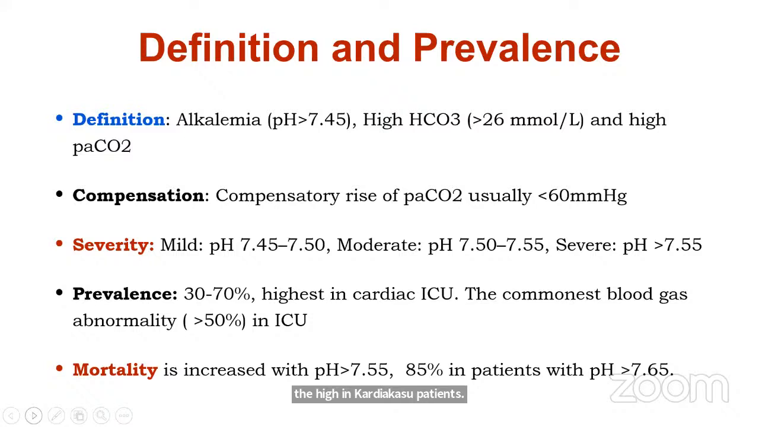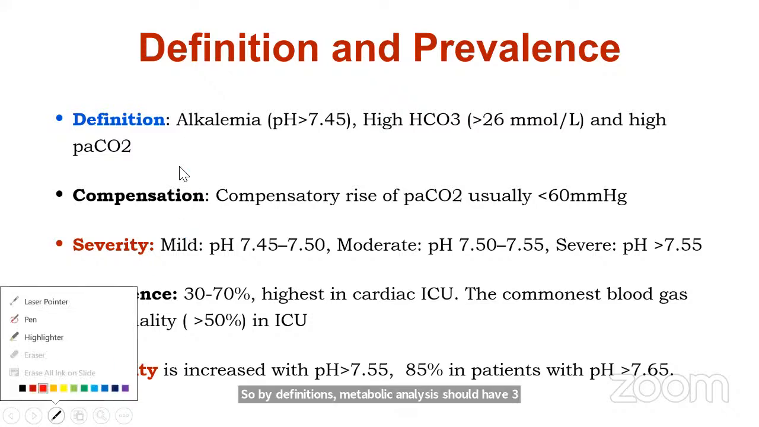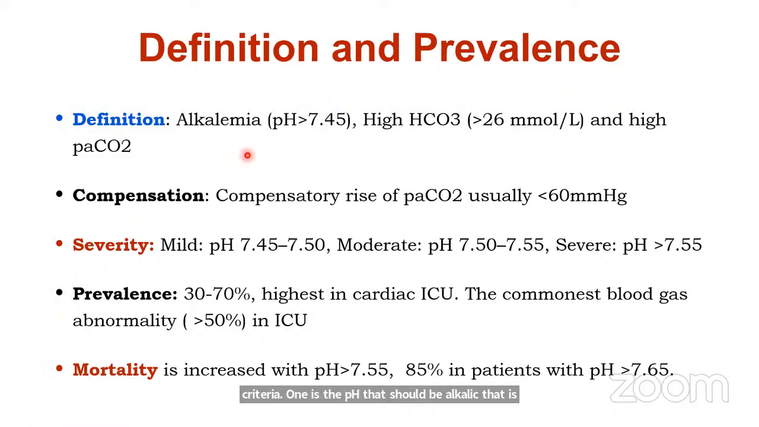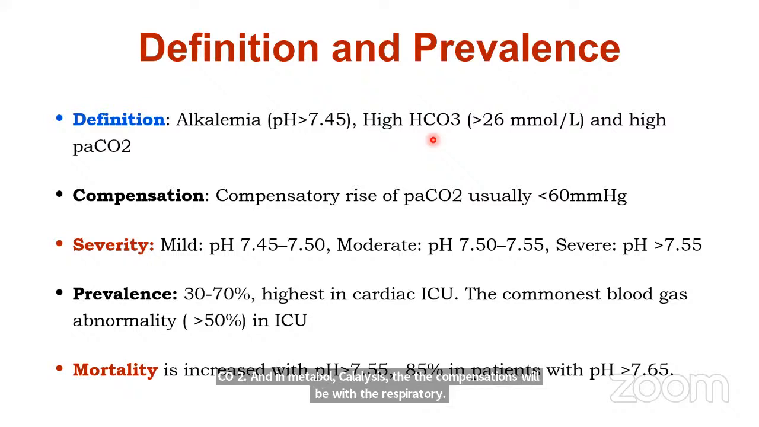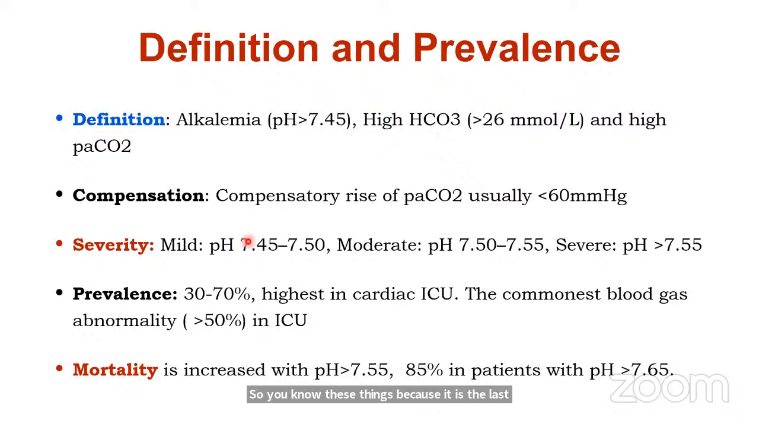By definition, metabolic alkalosis should have three criteria. One is the pH should be alkalemic, that is pH more than 7.45. Bicarbonate should be more than 26, and you should have high CO2. In metabolic alkalosis, the compensation will be respiratory. You know these things because it is the last presentation, so you are familiar with these compensations. The body will compensate the high bicarbonate, and there will be production of CO2 from the